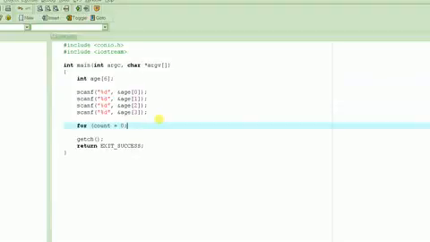So count is equal to 0, and then the condition for which the for loop will continue to execute, which is basically we want count to go from 0 to 5. So for as long as count is less than or equal to 5, or you can say less than 6, which is the same as less than or equal to 5, and every time the loop iterates, we will have to keep incrementing